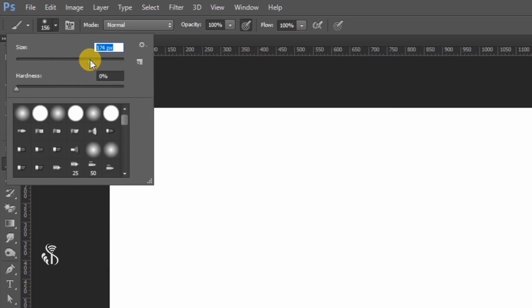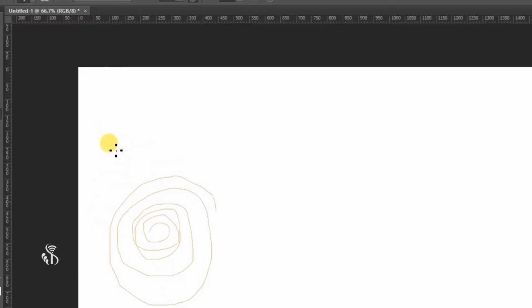You will notice that if the size is 1 pixel, then the lines become sharp even if the hardness is set at 0%. But if you would like to have soft lines, then increase the size of the brush.